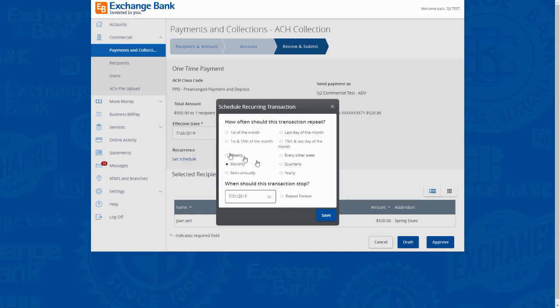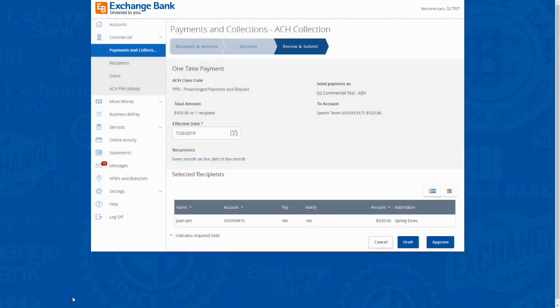We want that to end on the 31st. We chose monthly, and then we're going to go ahead and save that. So that means really this transaction is only going to happen one time. There's a lot of options in there, and you'll see all the different things. The reason it limited that for me is because I'd already chosen an effective date. But again, we want that just so I get a chance to go in and